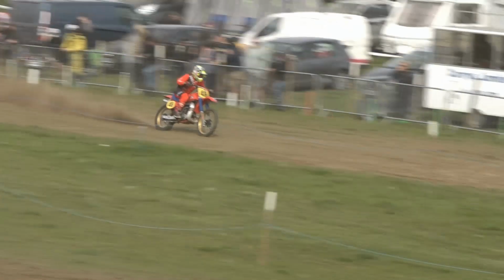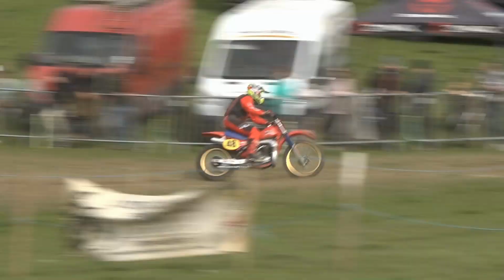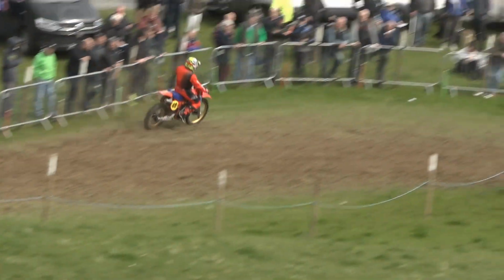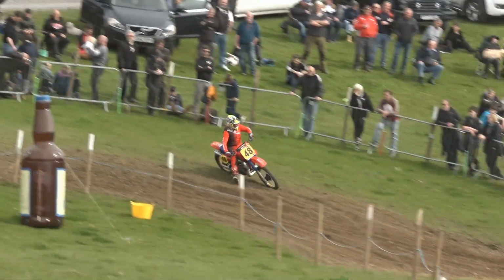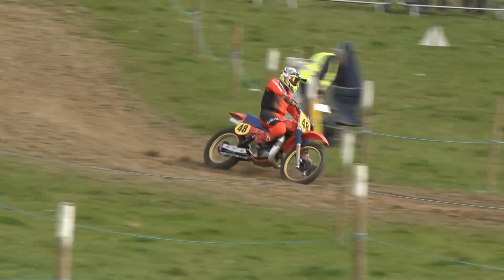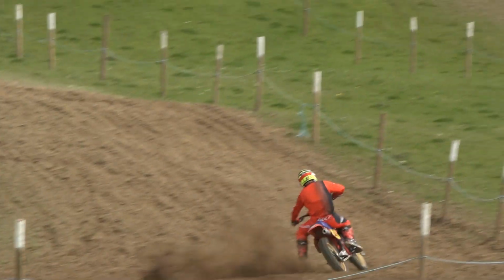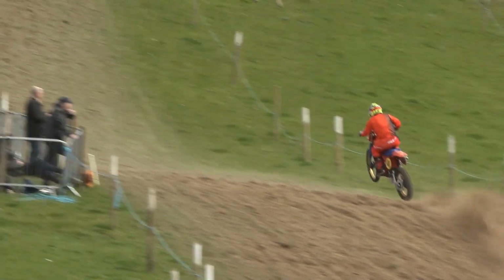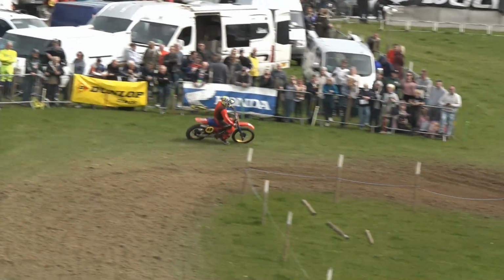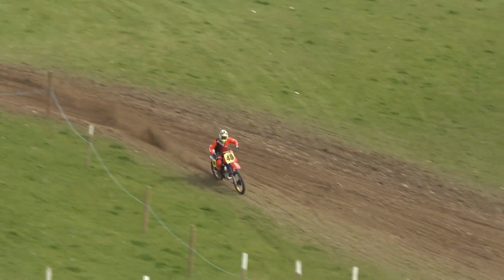So there's your race leader coming round to start his final lap of this race. It's number 48 Mark Fulton. So it's last lap time for this man here, number 48 Mark Fulton. Currently it's still number 44 Mick Davis in second place, and it's another very good showing by number 2 Sean